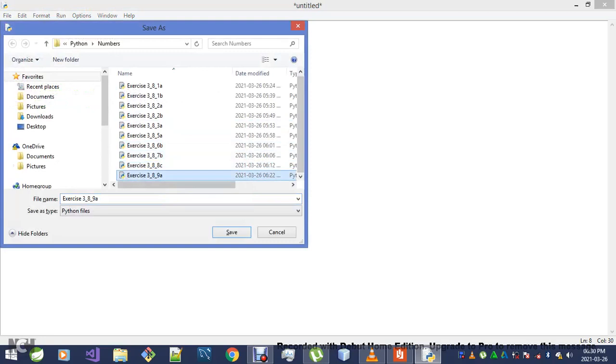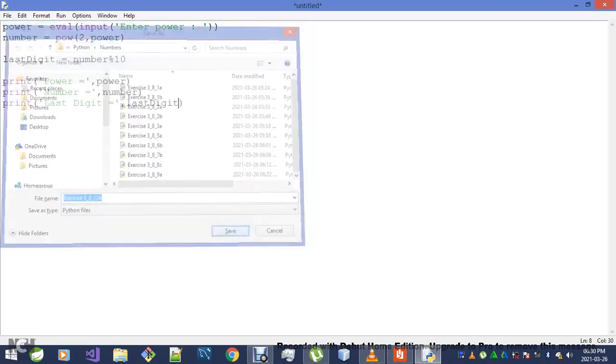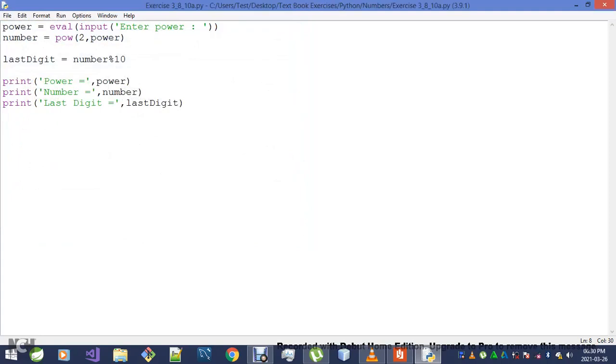I want to save this a little bit differently because it is already called 10A. I'm going to have to go with 10. You know what? Let me just give out only a single solution for the sake of avoiding confusion. Okay, now that we've got that out of the way,